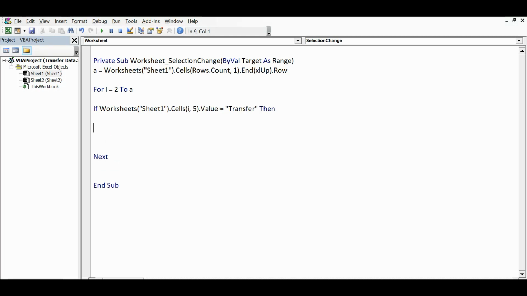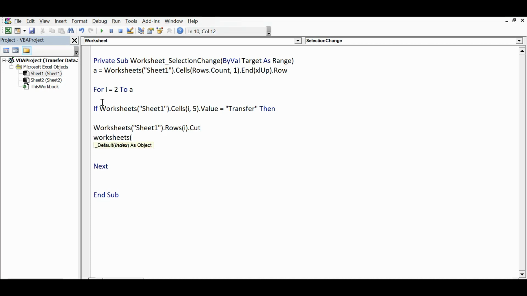Then what I want is Worksheets Sheet1 dot Rows I dot Cut. If you want to only copy and paste, you can use Copy as well, but I want to cut this data, so dot Cut.